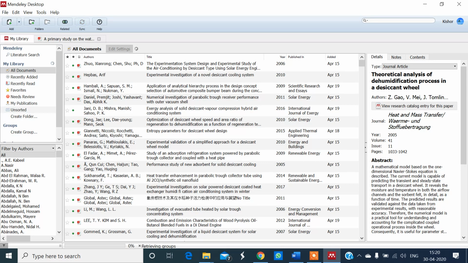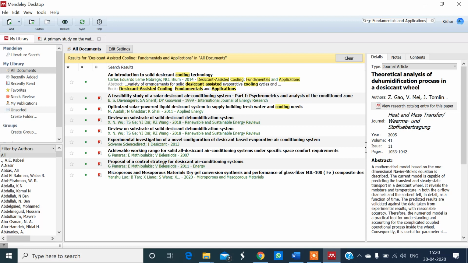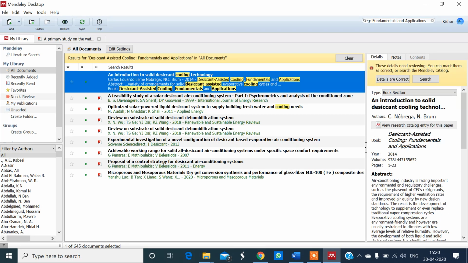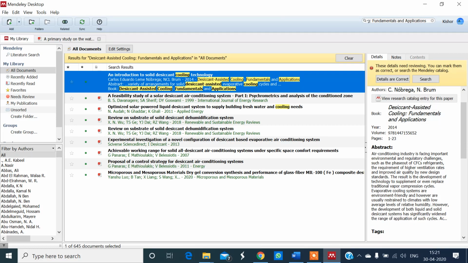Synchronize it once. Now search. Okay, Desiccant Assisted Cooling. This book is available now. Here you can see the year, volume.